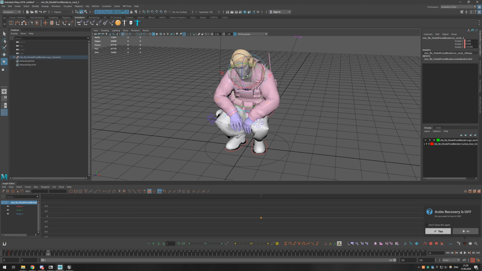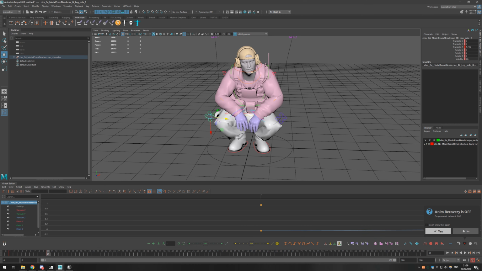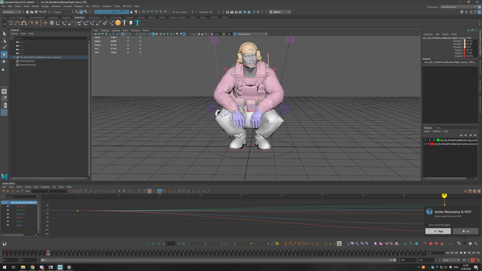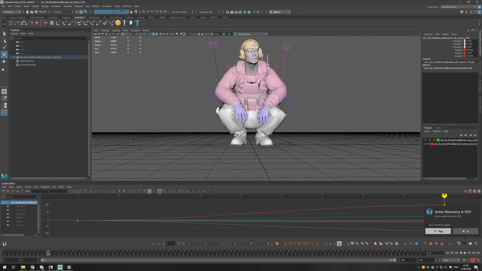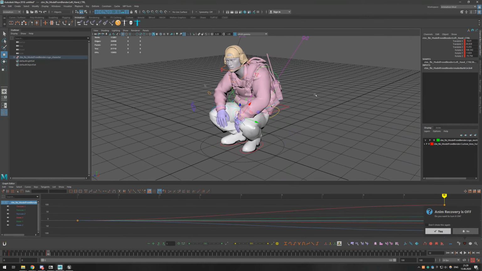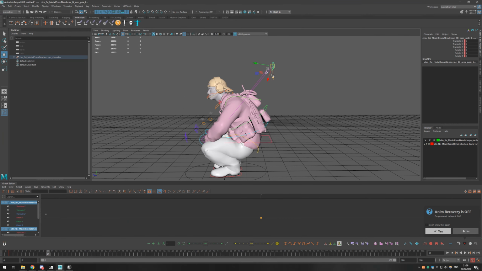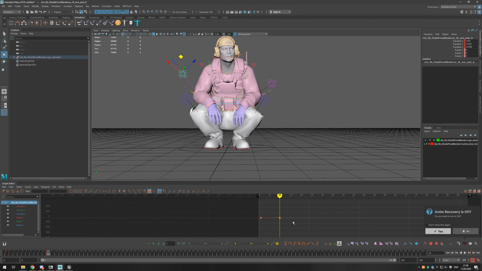Put up his chin. Let's spread the knees a little. And move the hands accordingly. Make sure we select the proper control. That seems about right. Let's bring down the elbows a little. Maybe too much.